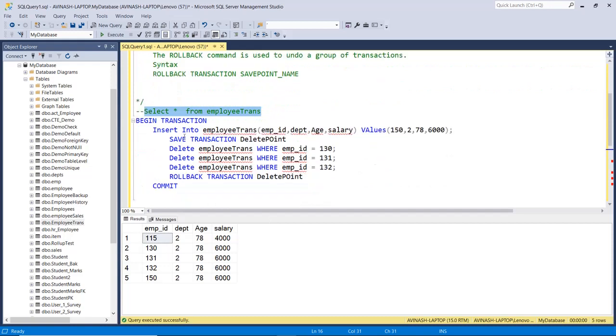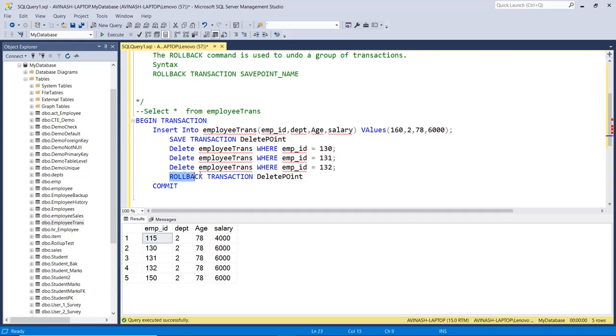Now in this example, begin transaction, then the first statement is the insert. So I change it, say 160. Then save transaction and the name of the save point. So I am marking the point for the rollback. After this statement, we have another 3 statements: delete EMPID 130, 131, 132.